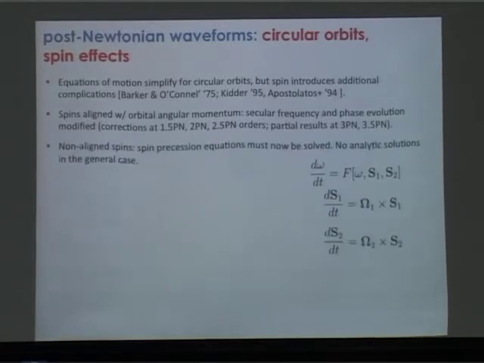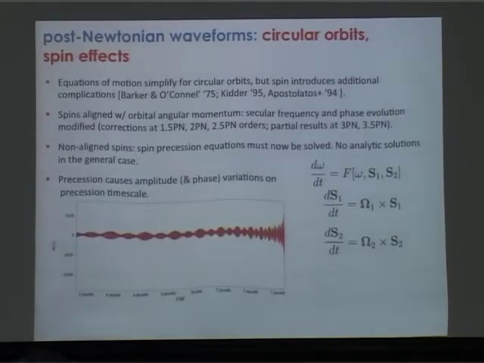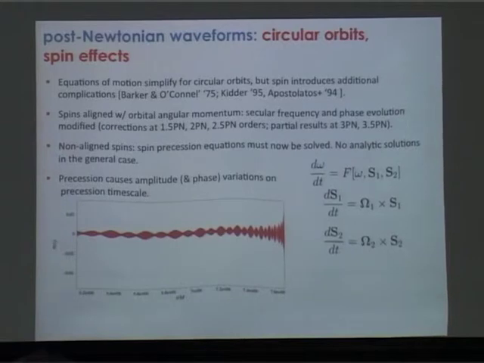When you have non-aligned spins, that's when it suddenly becomes much more complicated, because now you can have precession of the spin vectors themselves. Everything doesn't just stay at constant magnitude and orientation. The magnitude of the spin vectors stays constant, but they can start rotating around. To model this, you now have to solve two more differential equations that govern the spin evolution, and things really have to be done fully numerically. You can't do it completely analytically in the fully general case. There are cases where you can make analytic approximations, but in general everything has to be done numerically. You're not going to get a very simple waveform anymore.